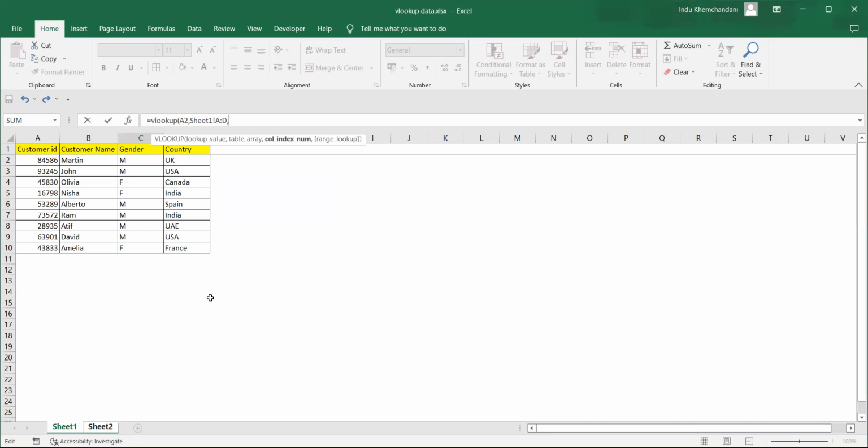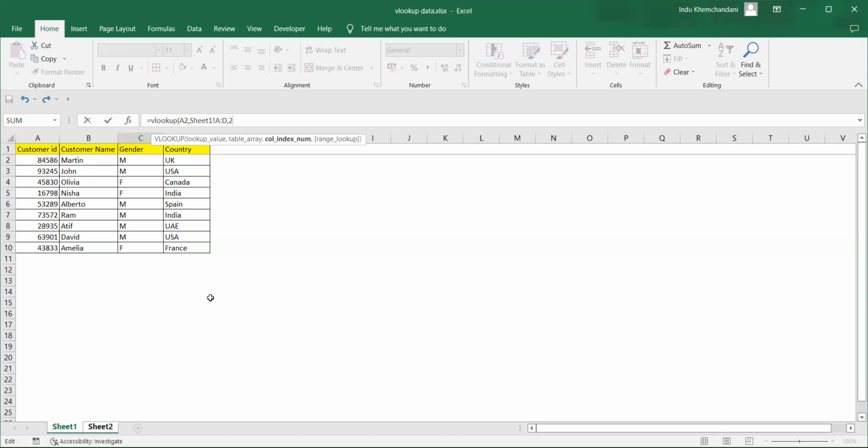So column B is column number 2 with respect to the customer ID column, which is column A, because we need to give the relative index number, or relative position, of the field that we want to fetch from this range of values. We want to fetch the customer name in this case, hence it is column